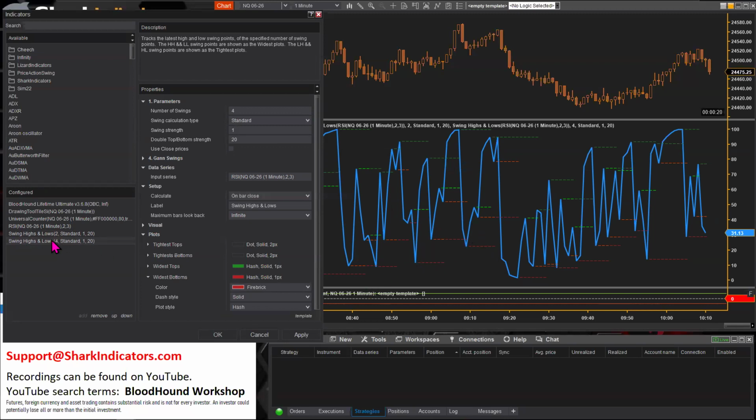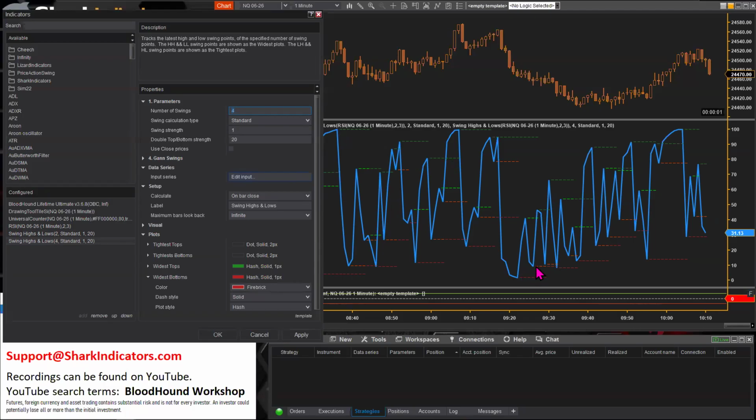If I added a third Swing Highs and Lows indicator and set the number of swings to 6, then sometimes I could track the last 3 swing lows and the last 3 swing highs. For example, right here, see these swing lows?